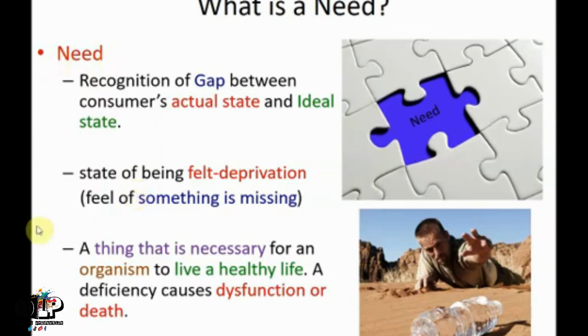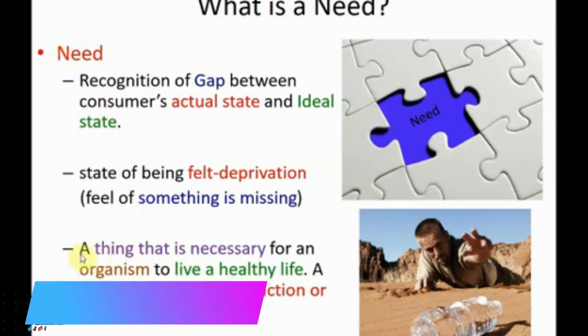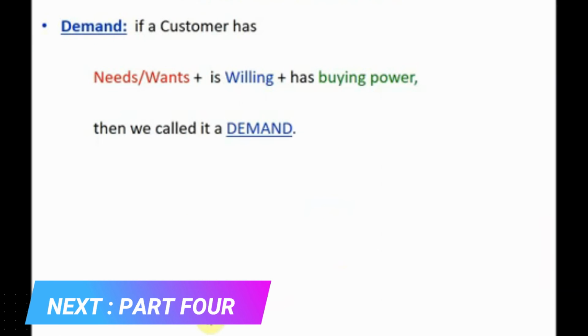But if the definition is the economic one, the things that are necessary for a human being to live a healthy life, then by this definition, marketers cannot create need. Need is something which occurs naturally in the human and in the living organism, and which cannot be created. It is something which is there, and marketers cannot create need. Okay. Now, next is